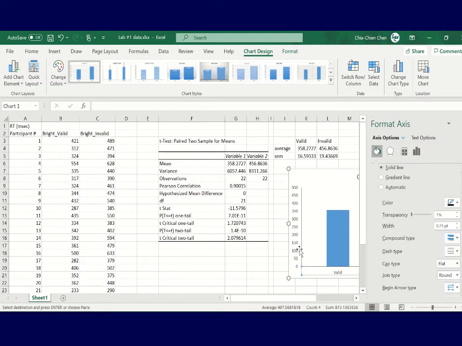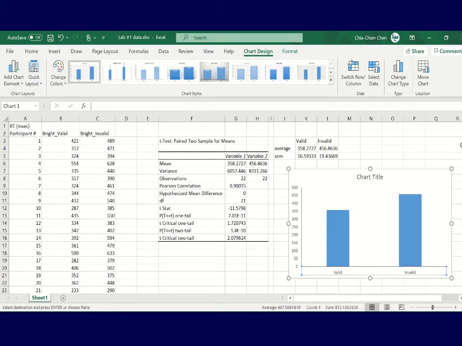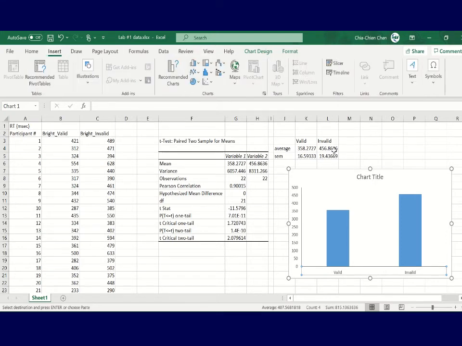Okay, that looks pretty good. All right, okay, we're good. Okay, now the next thing we need to do is, hold on a second, not data, but